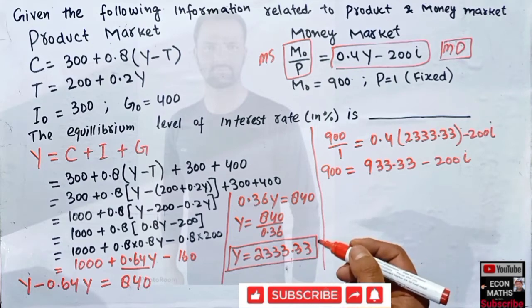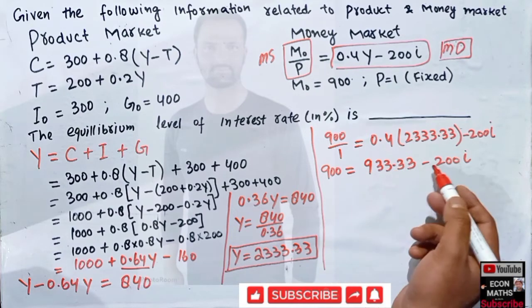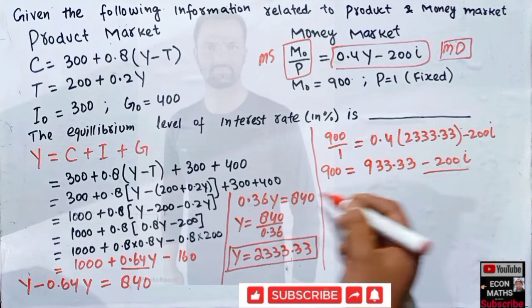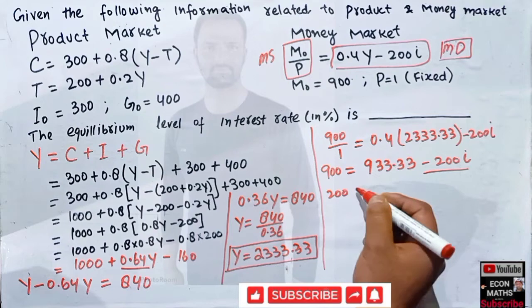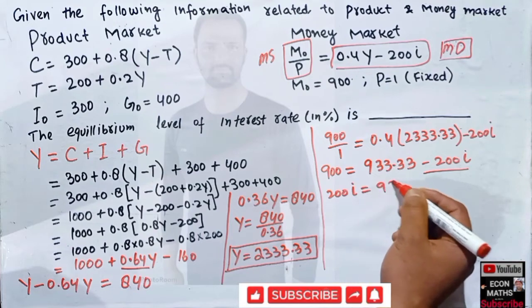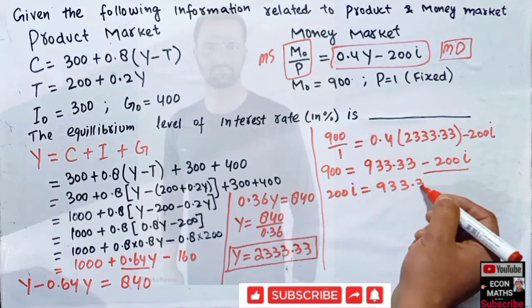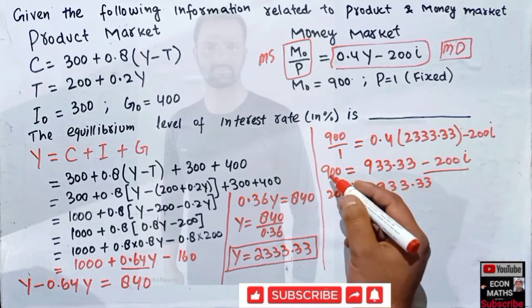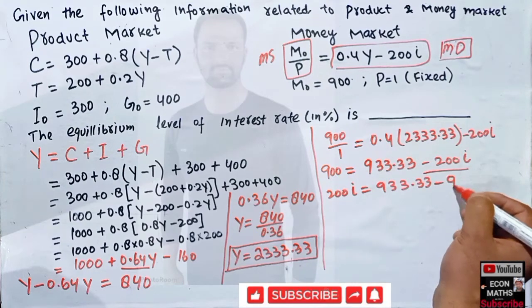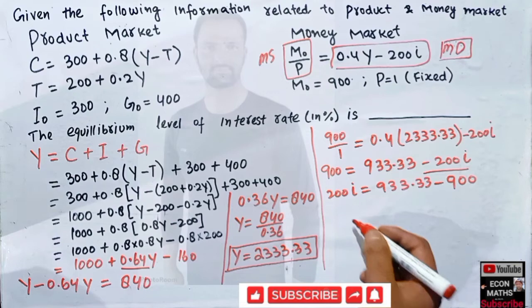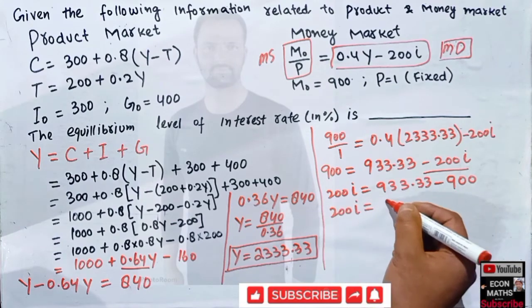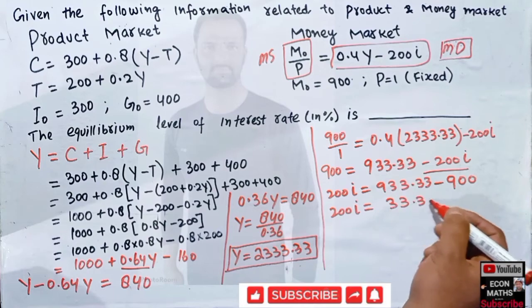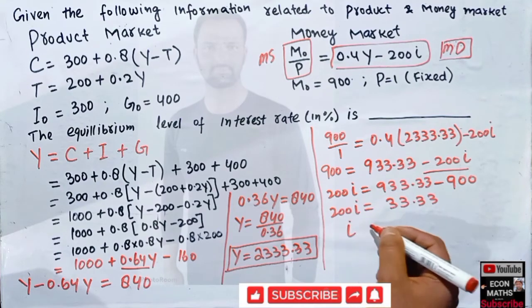Okay, after that what we need to do is transpose this term to LHS, so this becomes positive. We have 200 I is equal to 933.33, and transposing this to RHS, it gets subtracted. So 200 I is equal to, when subtracting, this comes out to be 33.33, which means our I will be equal to